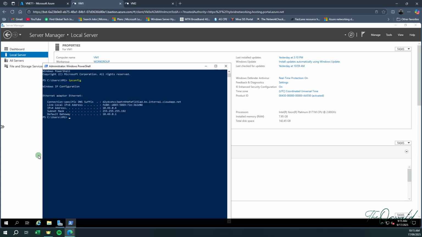So we can see that this is 10.49.0.4. So that is what it is. If I want to ping the other one, I'll say ping 10.49.0.68. So from here, if I try to ping this, I'm going to put it on continuous ping